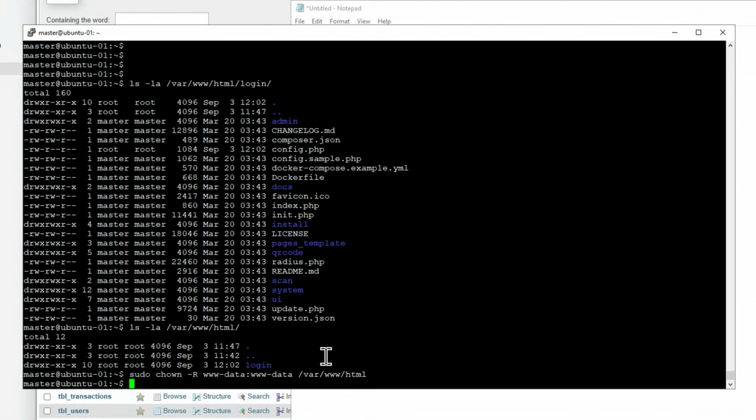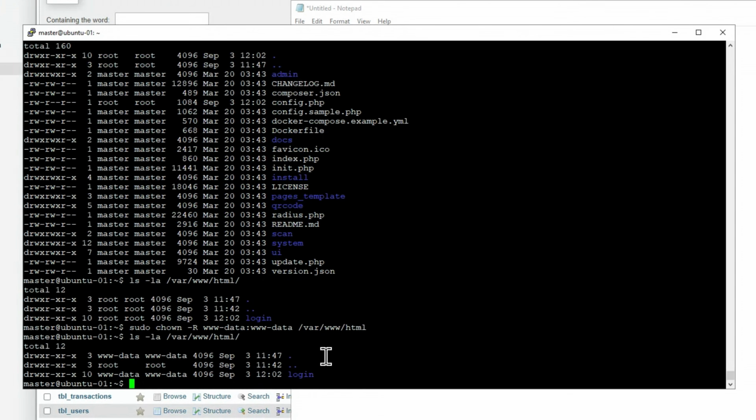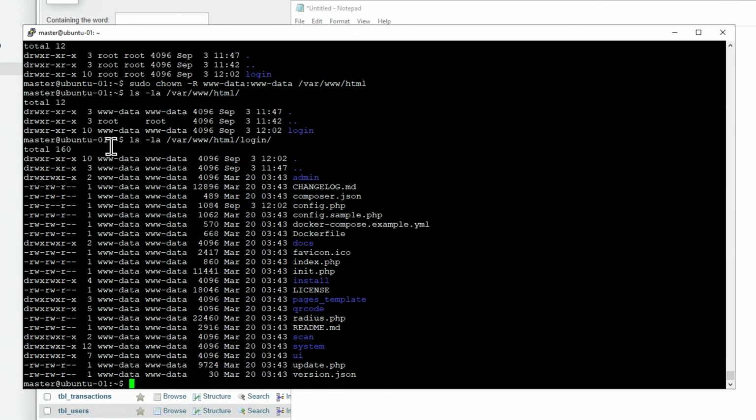Now if I do that ls again, see now it's changed to that one. Login is now, and then if I go one up again, they're all now owned by the same user, so there'll be no problem with Apache being able to access these files. Okay, now as a cron job, you need to install,